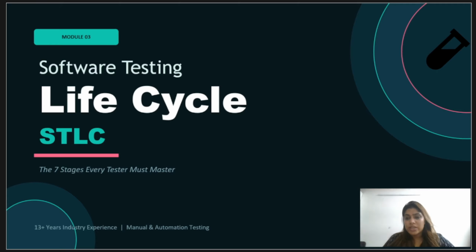Welcome to Module 3, the Software Testing Lifecycle, or STLC. In Module 2, we looked at the Software Development Lifecycle, which was about the lifecycle of building software. Now we zoom into our world. The STLC is the testing equivalent, a structured step-by-step process that defines exactly how testing is planned, designed, executed, and